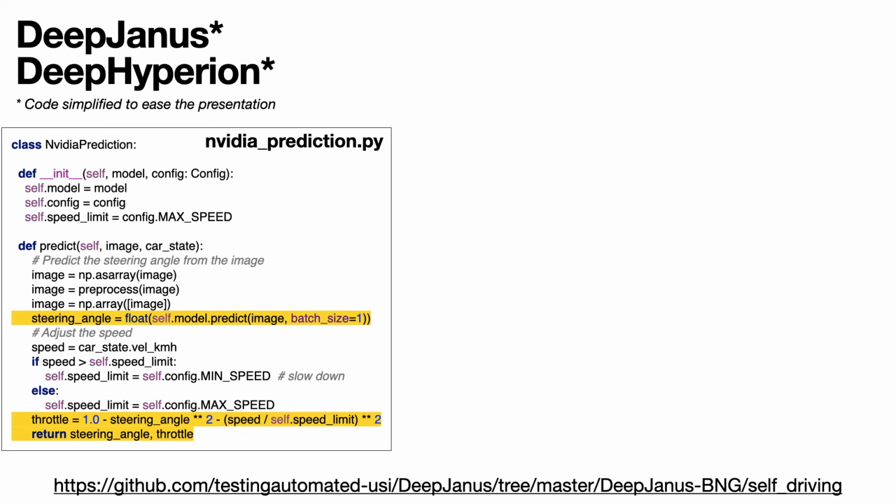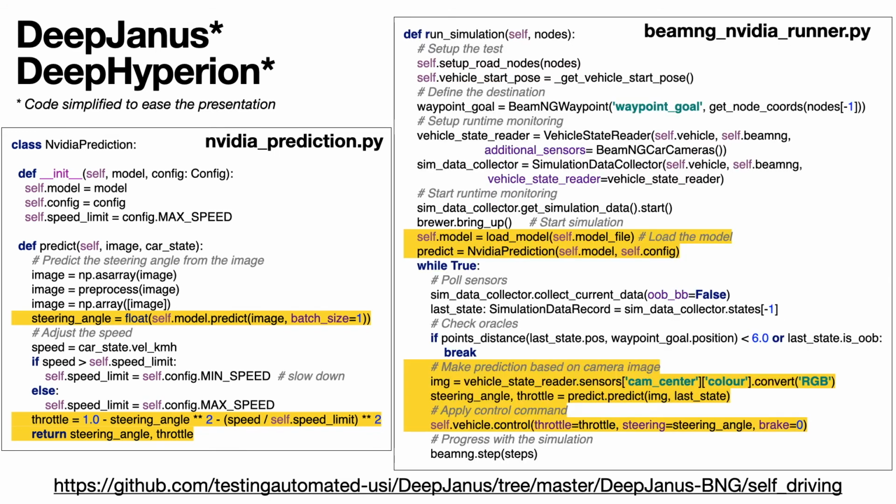But because we need to drive the car, we need also to compute its speed. This component, given the steering angle and a limit on minimum and maximum speed, computes also the throttle command. Once you have this component available, assuming that you already have a pre-trained model as I do, you can put it into the actual execution. In the actual execution, you create your scenarios, defining the road and the initial placement of the car as we have done before. You load your models that specify the weights of your network,